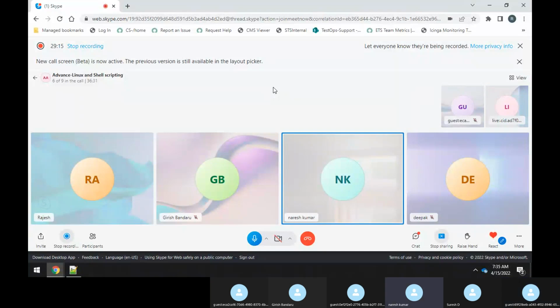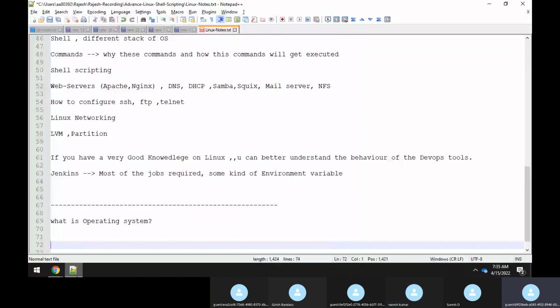So now, operating system. See how I define an operating system.